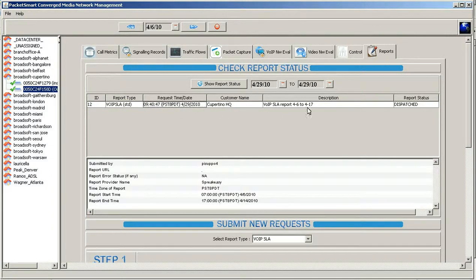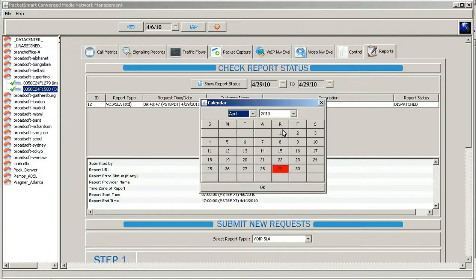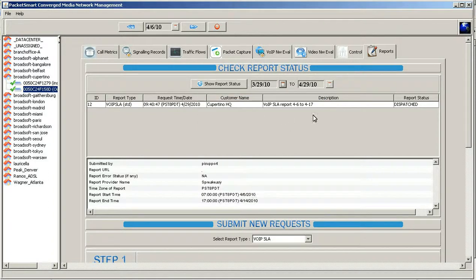And what you'll notice here is that line number 2, row number 2 is blank. That's where we would put the hypertext once the report is completed, and we'll also show exactly what we did for the configuration and who actually submitted it here. If I wanted to look at previous reports back 30 days, I could select here, and we could go all the way back to March, March 29th,